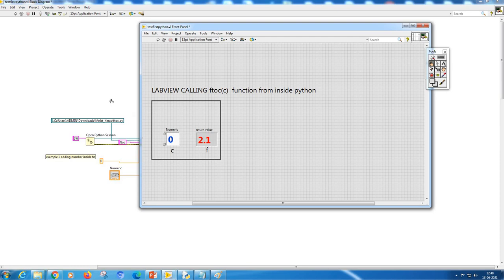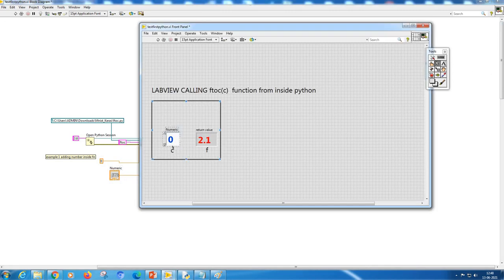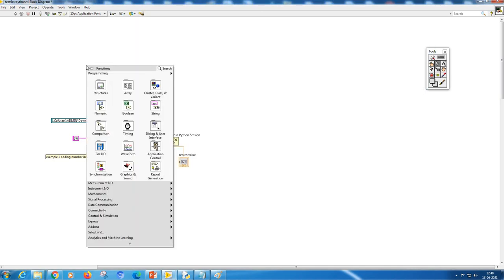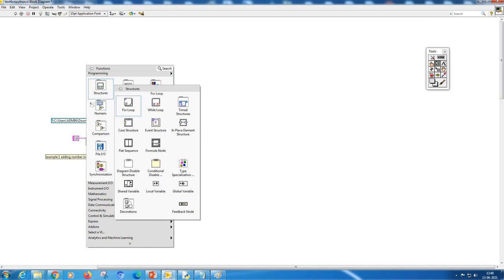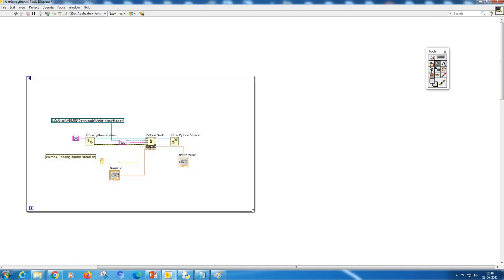Now let us say that instead of passing the number from here, I want to automatically increment this value from 0 to 9. In LabVIEW there is something called a For Loop, an n loop. You can put it across and give the n value as 9.